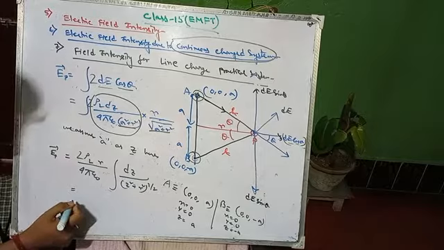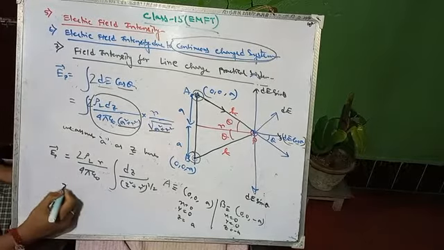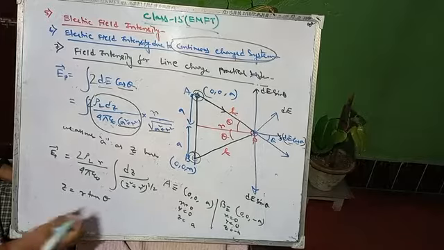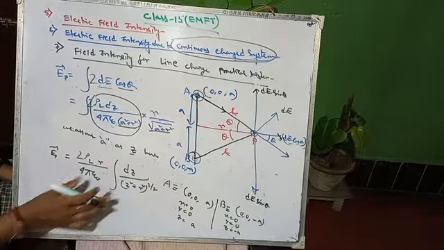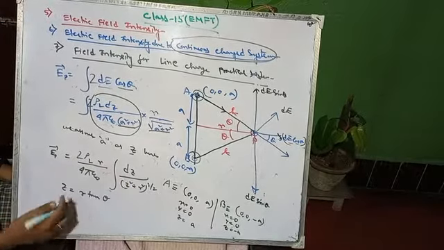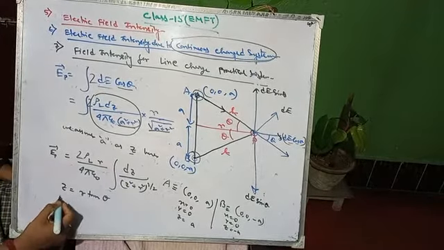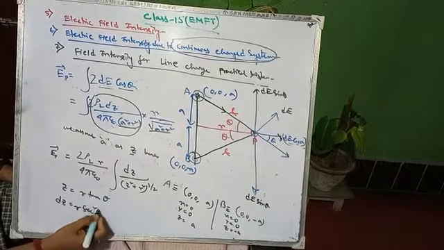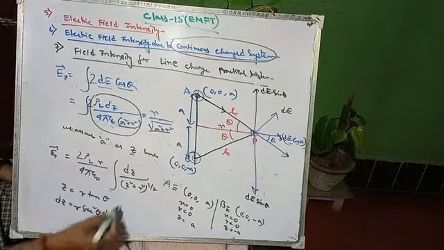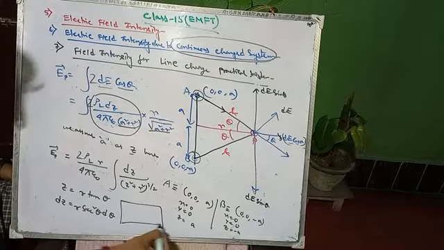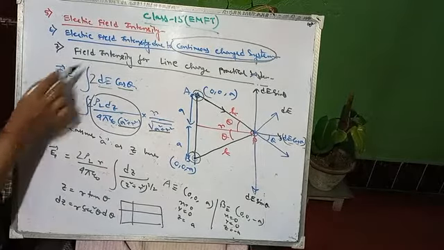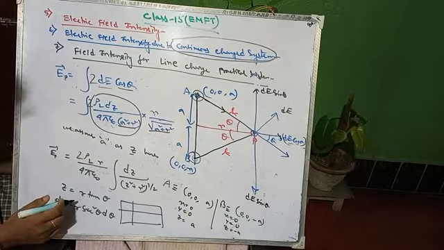So after integration, how much? To integrate it we have to substitute something. Z equals r tan theta. So let us consider z equals r tan theta. We have to substitute to integrate it easily. So dz equals r sec square theta d theta. And similarly you can change the limits also. So what will be the limit? We have to put the limit first. Okay, so what will be the limit?